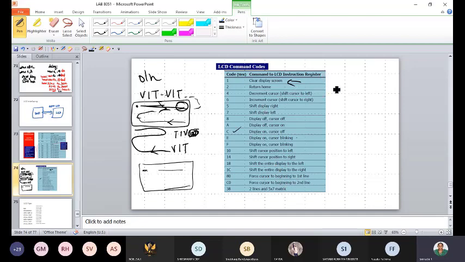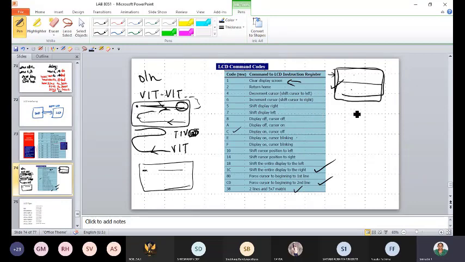Sometimes the LCD, whatever LCD that we are using in the lab, is a 2-line LCD. Okay, in the sense I have 2 lines here. So if I want to use only the second line, I will be using C0, and if I want to use the first line, I will be using 1C. Okay, 38 is nothing but if I want to use the entire 2 lines, the entire LCD chip, 2 lines of 5 cross 7 matrix.